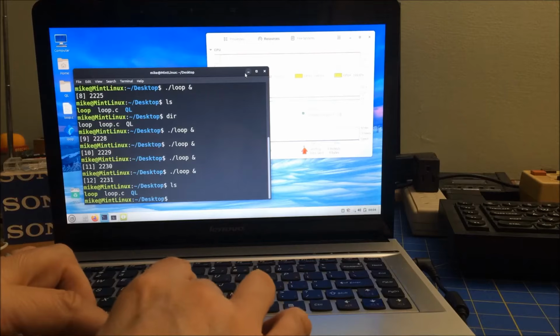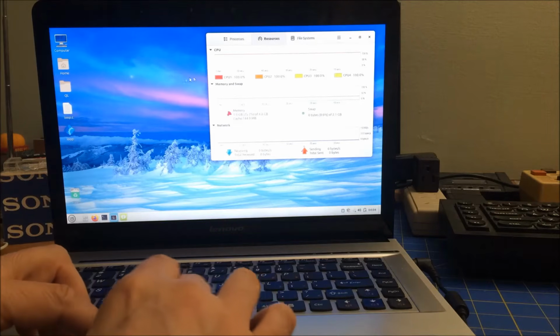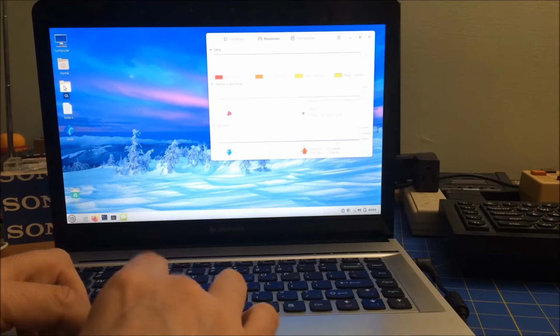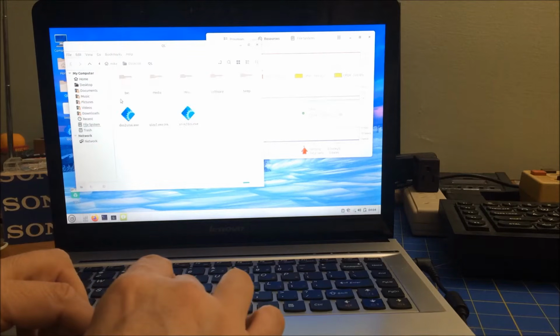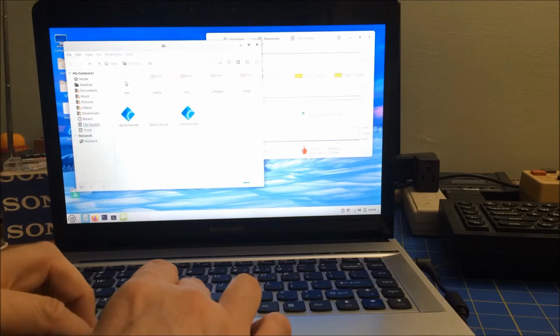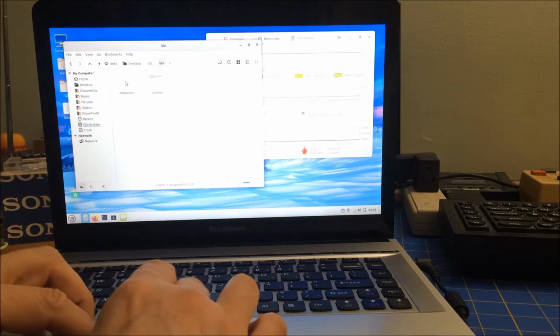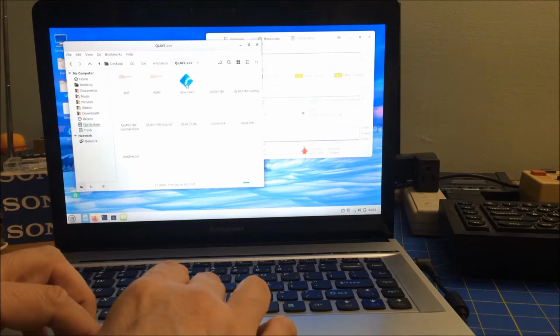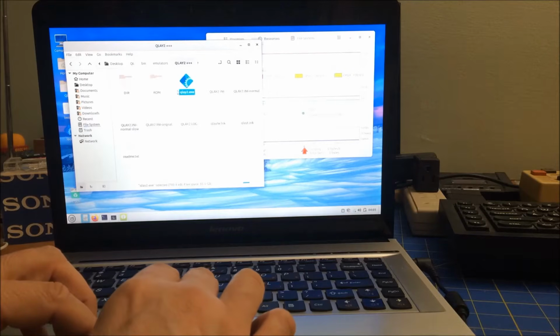So I want to minimize this for a second. I do have Wine on here, and I am able to run an emulator, which I think will take a lot of resources away. So that's what I was going to do. So I have QLay, which will be able to run. So if I run this,